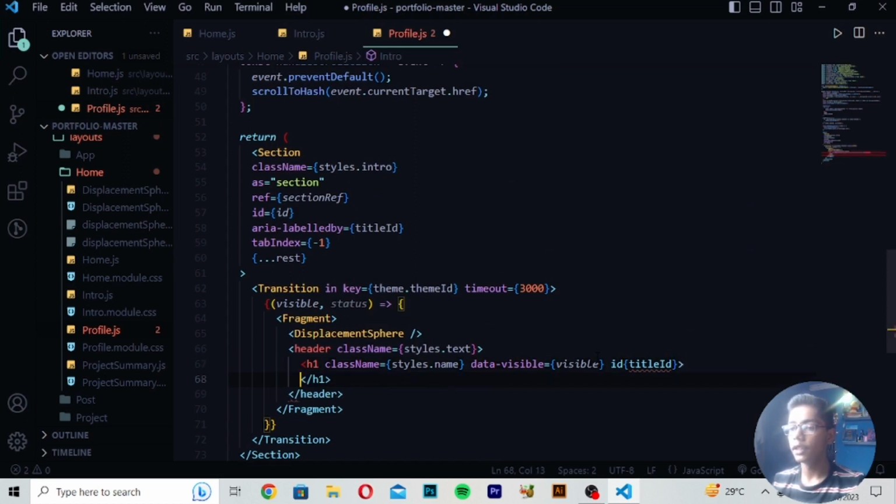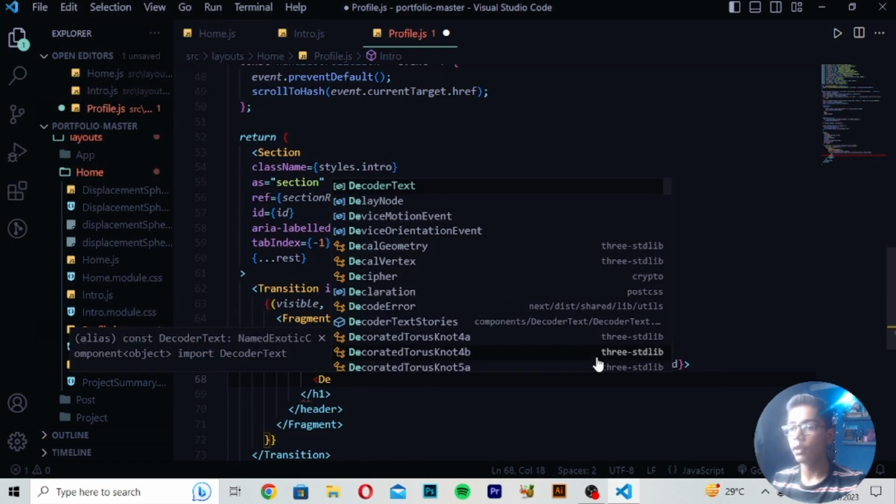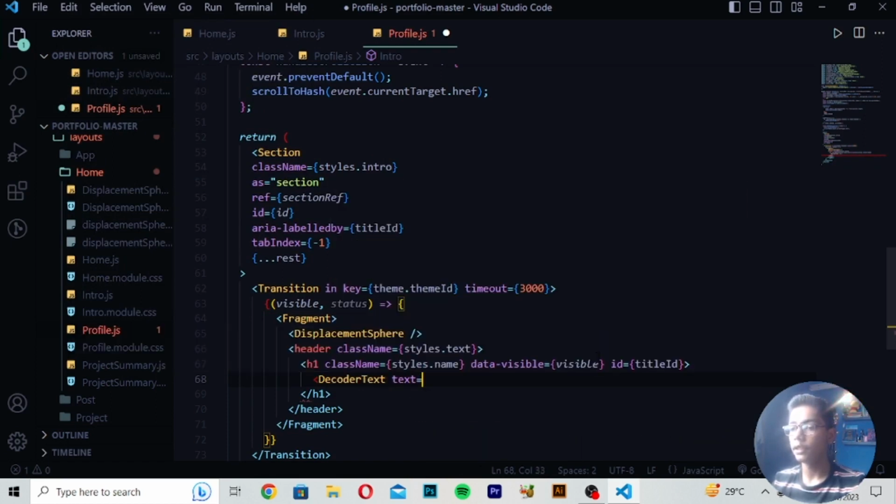Then you have to close this tag, and then you have to now just do one thing. Here I will be writing is equals to. So right here is equals to, then you have to move down after this. Then after moving down, you have to write here decoder text here, then write here text is equals to,